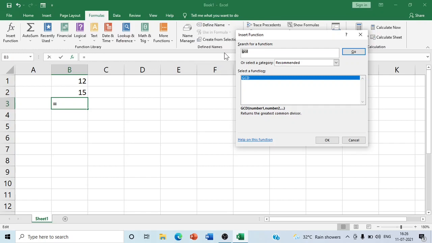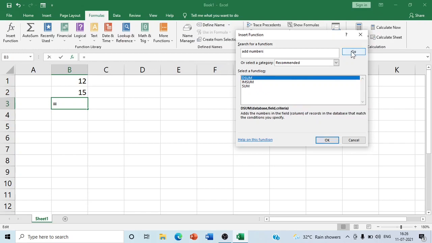If you want to multiply numbers, then you will search for multiply. You will see PRODUCT is used for multiplication. If we want to add numbers, then we will write here add numbers.